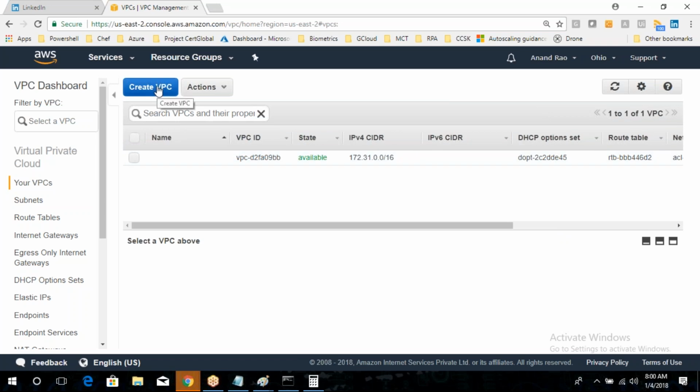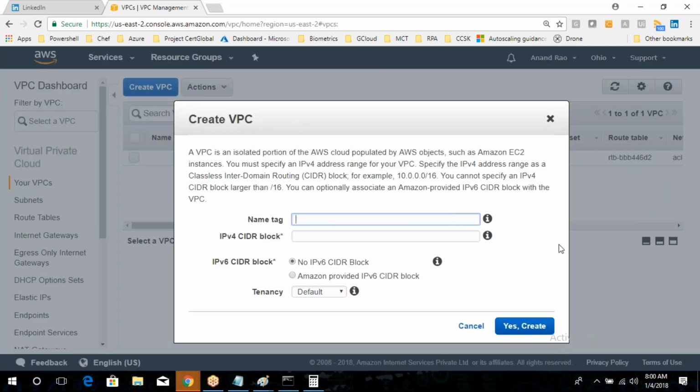So let's create a VPC. I'll click on create VPC, give this a name. Just like we have to follow certain naming standards that the company has. So I'll say VPC underscore network or something, and the CIDR block is 192.168.0.0/16. Do you want to give IPv6 addresses? Well, I don't want to give IPv6 addresses. If you want, then you can just say Amazon provided IPv6. So the devices that are hosted in your network will then start getting IPv6 addresses, right? Tenancy,